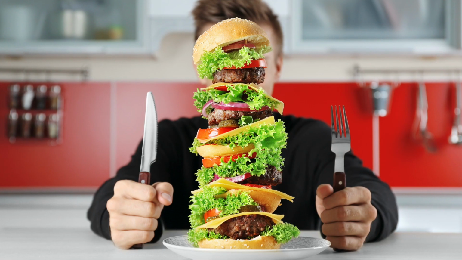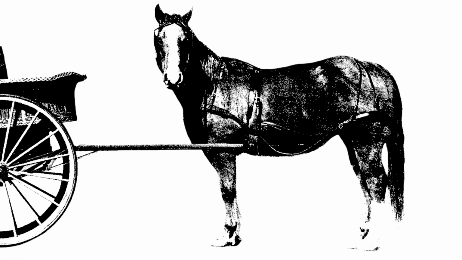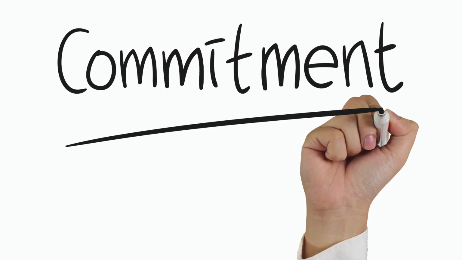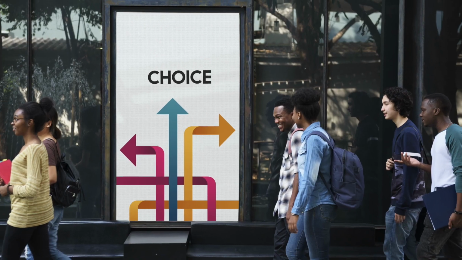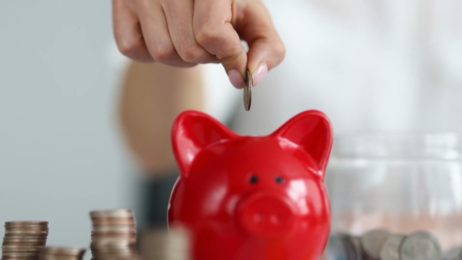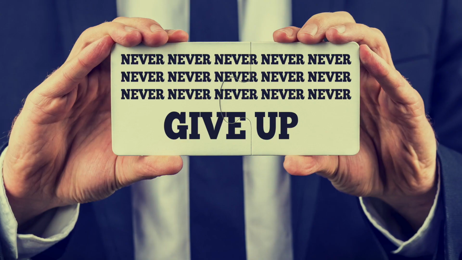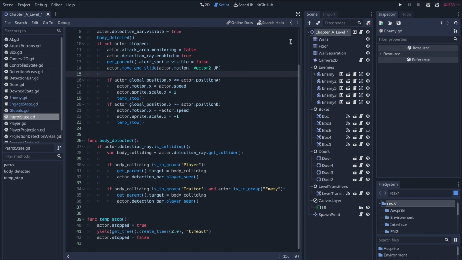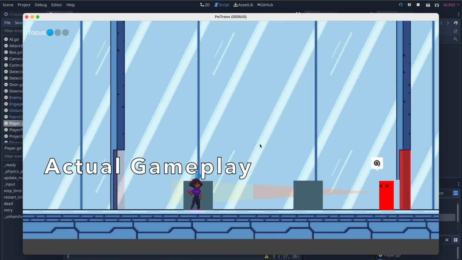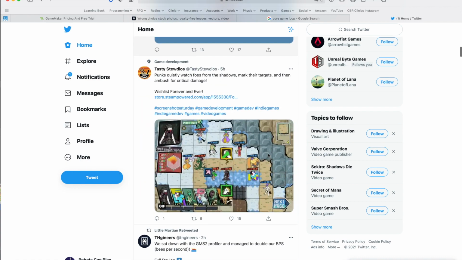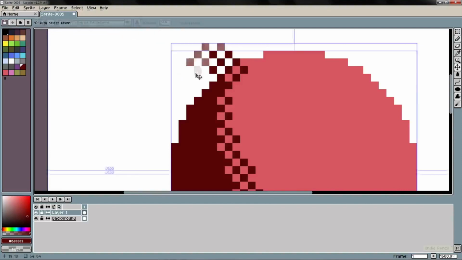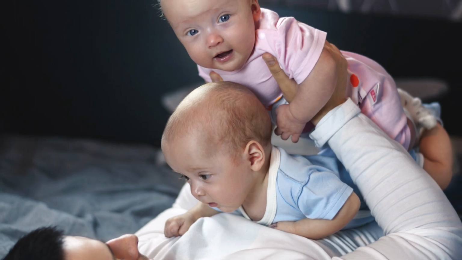It felt like I was trying to take a bite bigger than I could chew, or putting the cart before the horse, but taking those steps meant one thing for me: commitment. And I think this is what it all comes down to: being committed to your decisions and following through, which is where so many of us fail. Since making those commitments, I have sunk my teeth into Godot, have created a rough core game loop of a game idea I have, discovered the amazing world of GameDev on Twitter, and have now started learning pixel art, which I'm absolutely loving. That is on top of having a full-time job and raising 1-year-old twins.